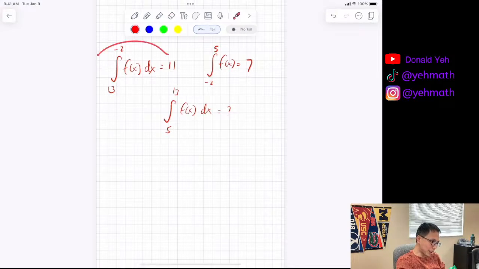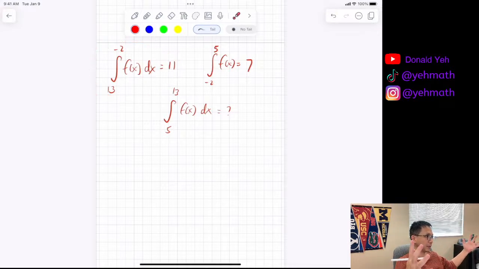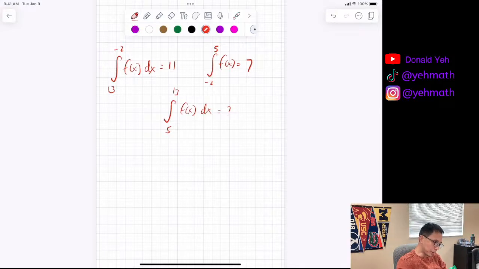All right, so for a question like this, just rearrange them. And I see this one is a cover more ground. Why cover more ground? It has a wider range of intervals, right? So what I would do is change that to say the integral from -2 to 13 of f of x dx